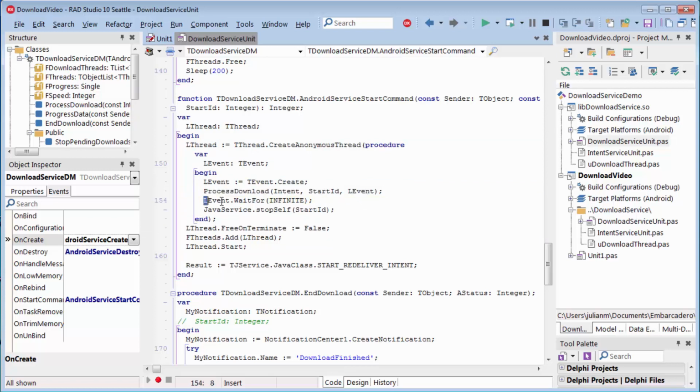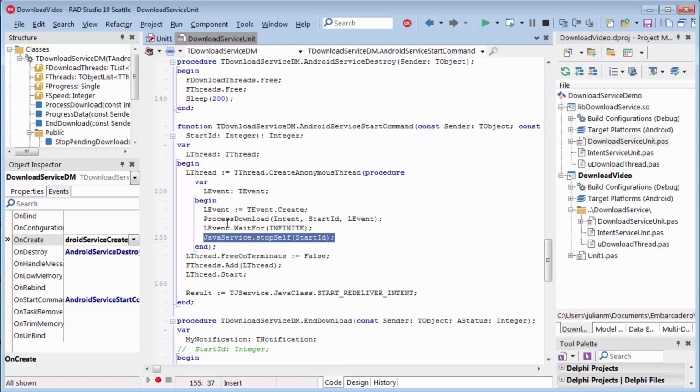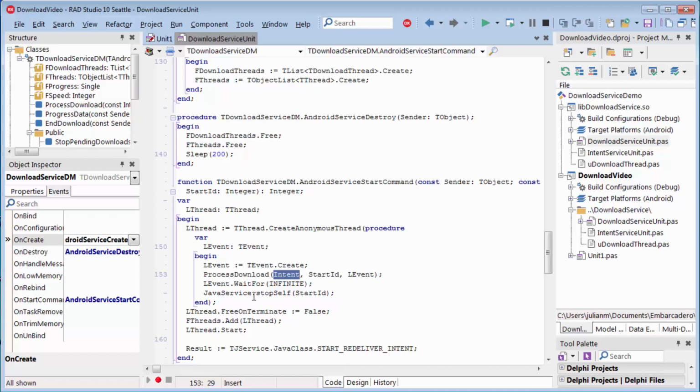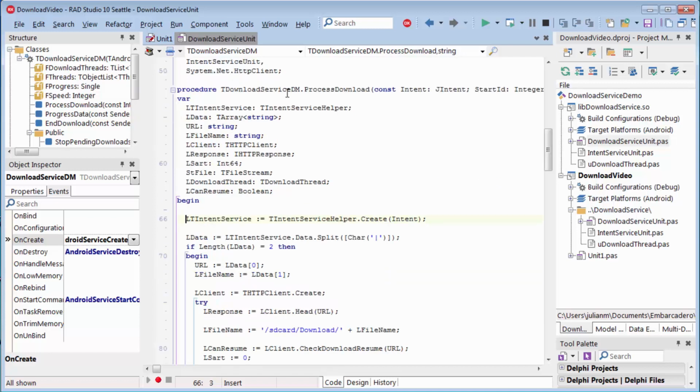When the process is finished, we can see here that we stop the task using stopSelf. So when the thread finishes downloading the video, the task will stop, and if there is no more task and no client bound to the service, it will be shut down. As we can see, we process the download, we receive the intent, and in the process download,